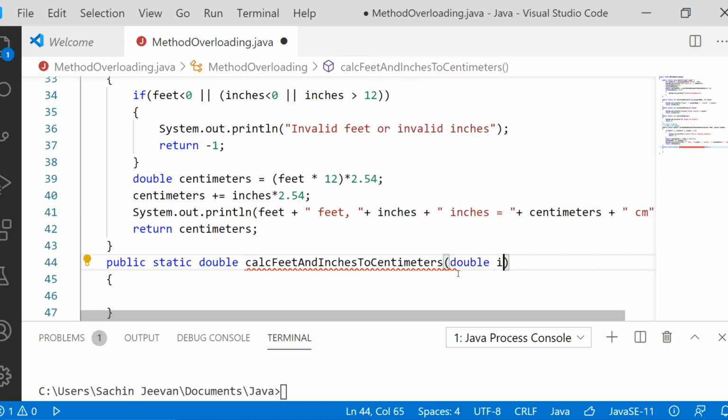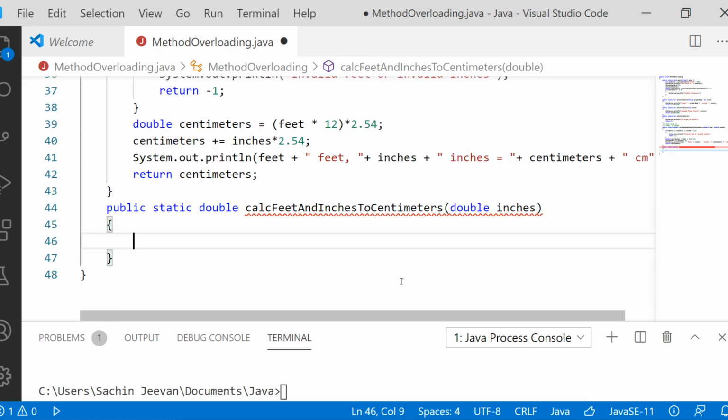So double inches. Now inside this method, by accepting only the inches, the first thing that I need to do is convert it into feet.